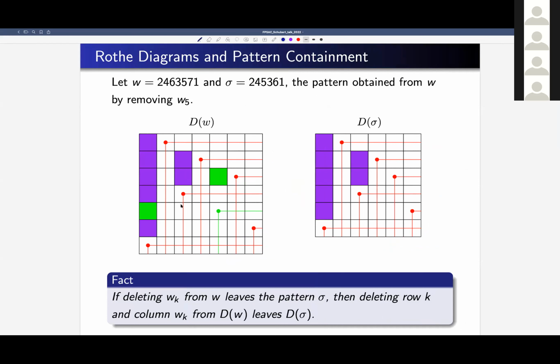And something nice that comes from the proof that I think is interesting on its own is the following. We are really looking at patterns. When we look at patterns, we think in terms of Rothe diagrams, so we better think about patterns in terms of Rothe diagrams. Well, getting a pattern of a permutation is the same as focusing on one of your red dots and then crossing out the row and the column of that red dot and getting rid of that. So that gets you the Rothe diagram of the pattern.